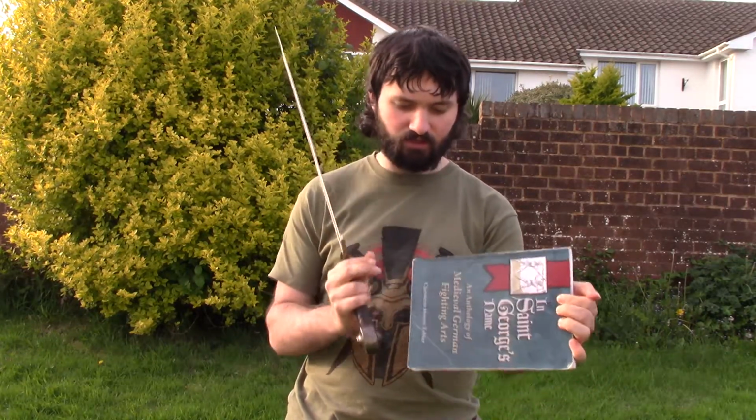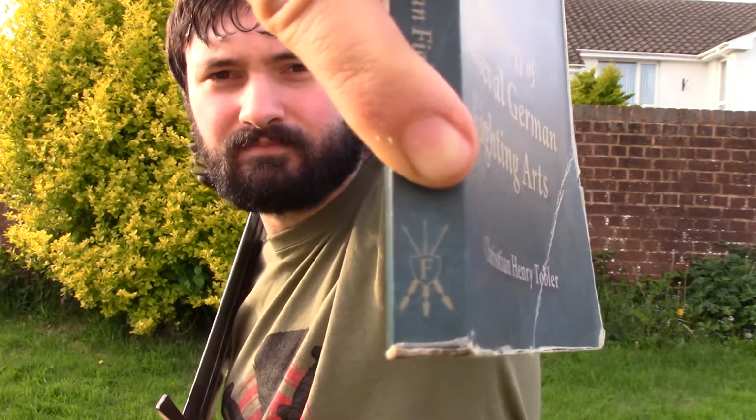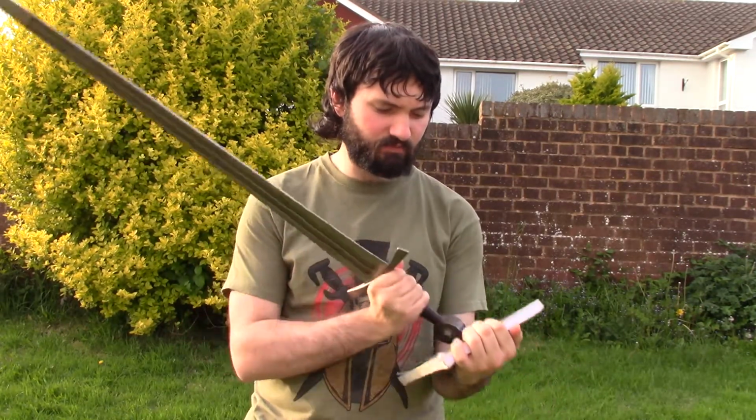Yes, it is. You can tell these markings here mean it's from the Freelance Press. There are quite a few Freelance Press books on this sort of medieval Renaissance fighting, and I've found them quite good. I'll, of course, mention others in other videos, but like I said, with this particular book, I have found that